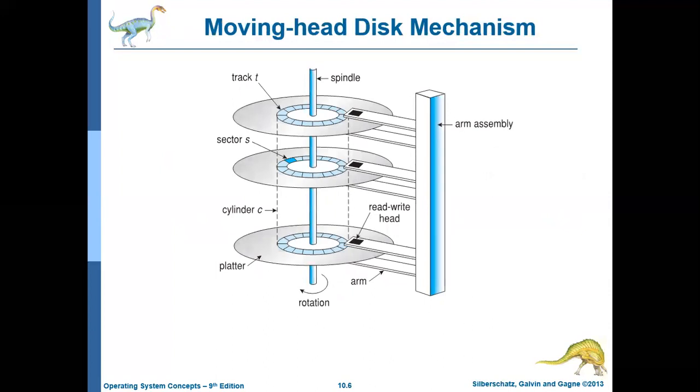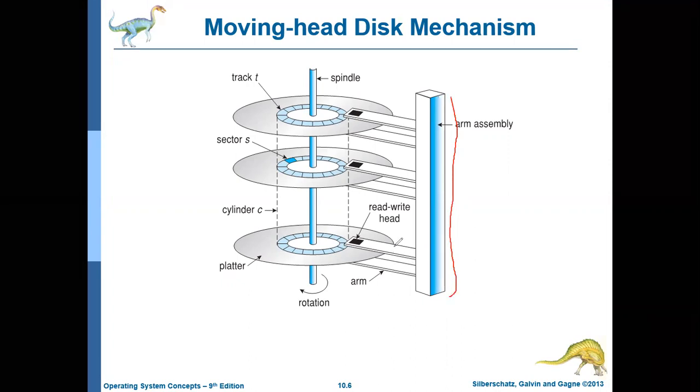So actually this diagram clearly explains the structure of a hard disk. So this is how a hard disk looks like. Here you can see there are several components. This entire thing is the arm assembly, and then you can see these are the arms. All these are the arms. At the end of the arm, what you have is called the read write head.